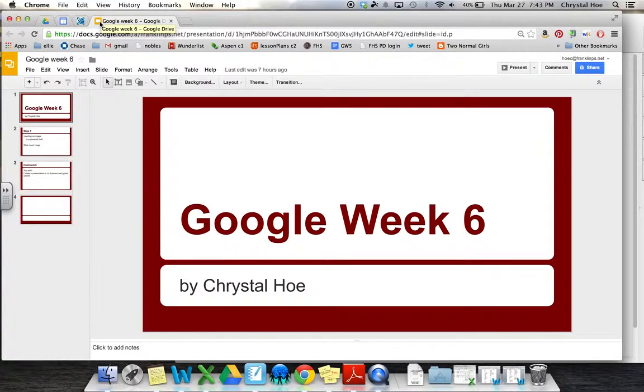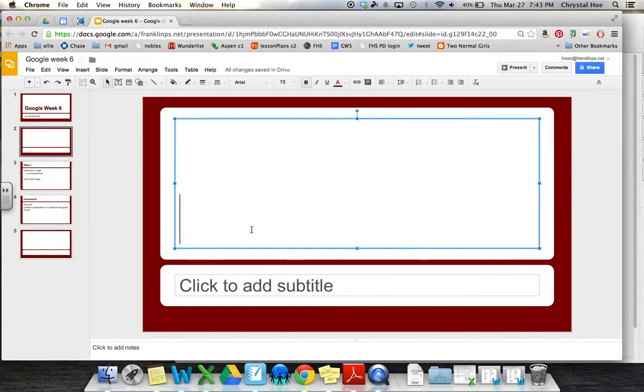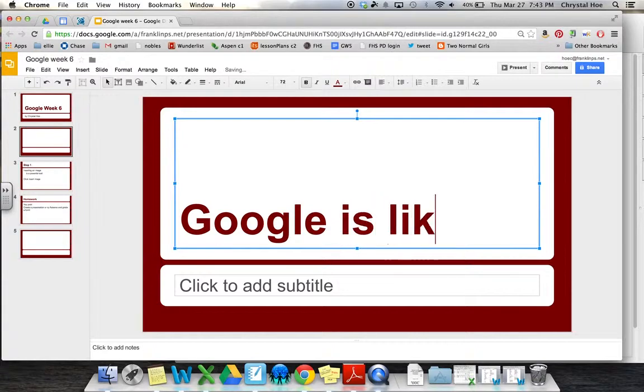So this is just like a PowerPoint. PowerPoints are easy for presentations. Over here on the left is where you click New Slide. So I can just click a button and it adds a new slide for me to type right on. So I can say Google is like PowerPoint